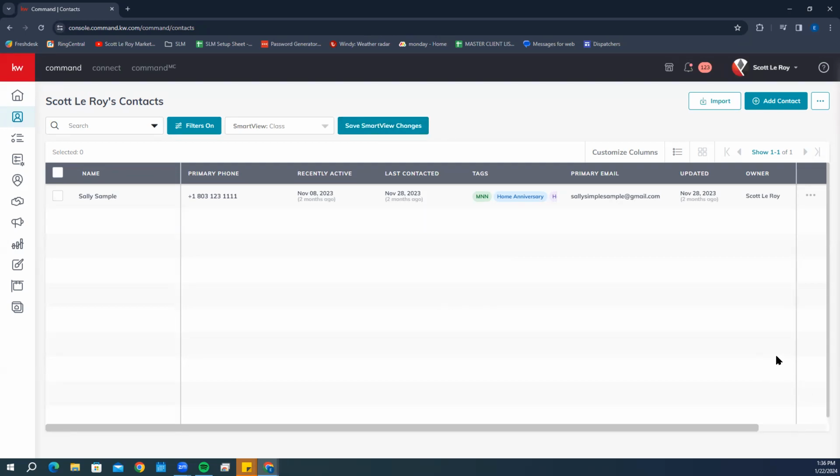So looking at our dashboard down here, we're going to take a look at our dark header. This is going to provide all the information up at the top of the information that is displaying below. So if there's anything that is missing that you would like to add, you can do so. You do have the ability to customize the columns. So if we were to click on customize columns,